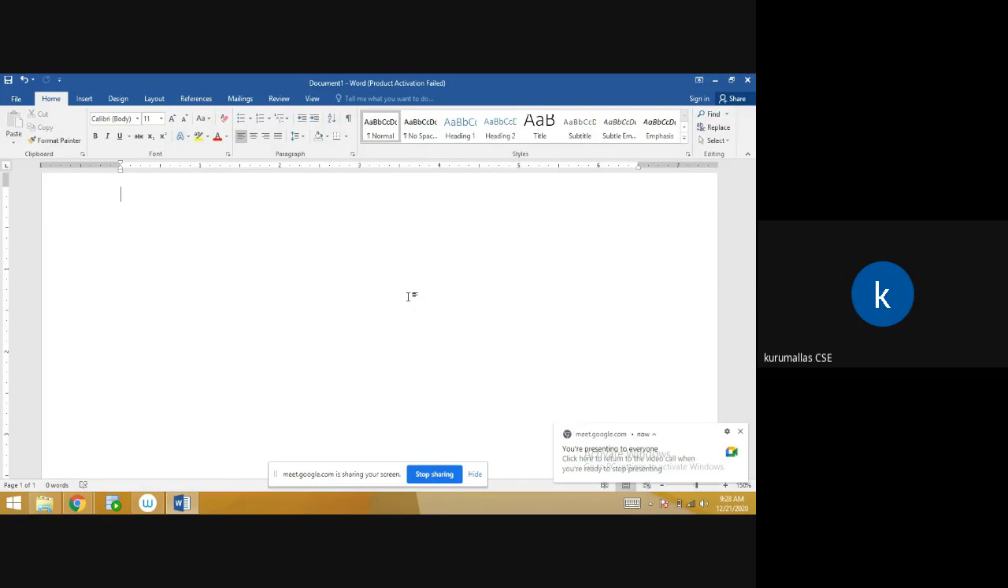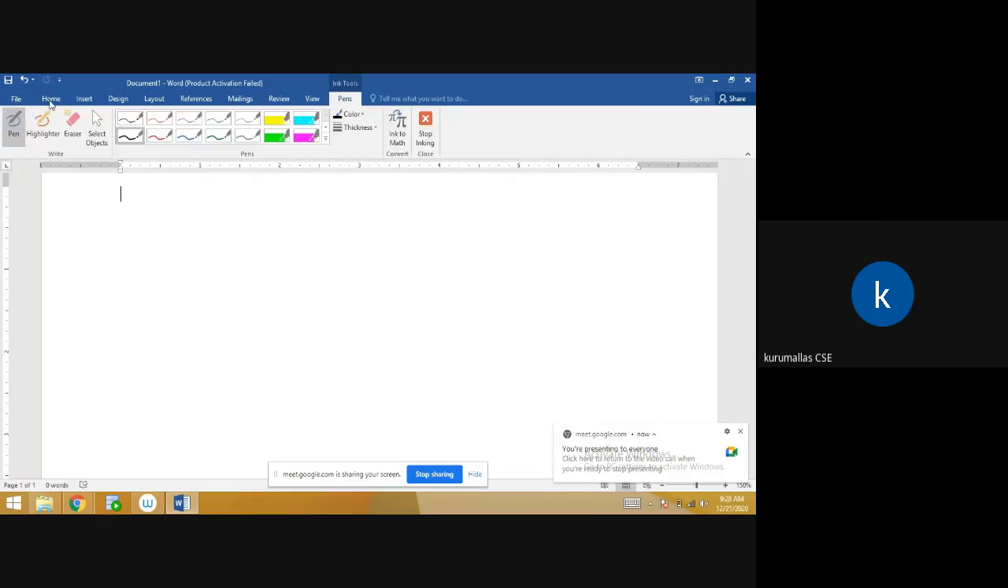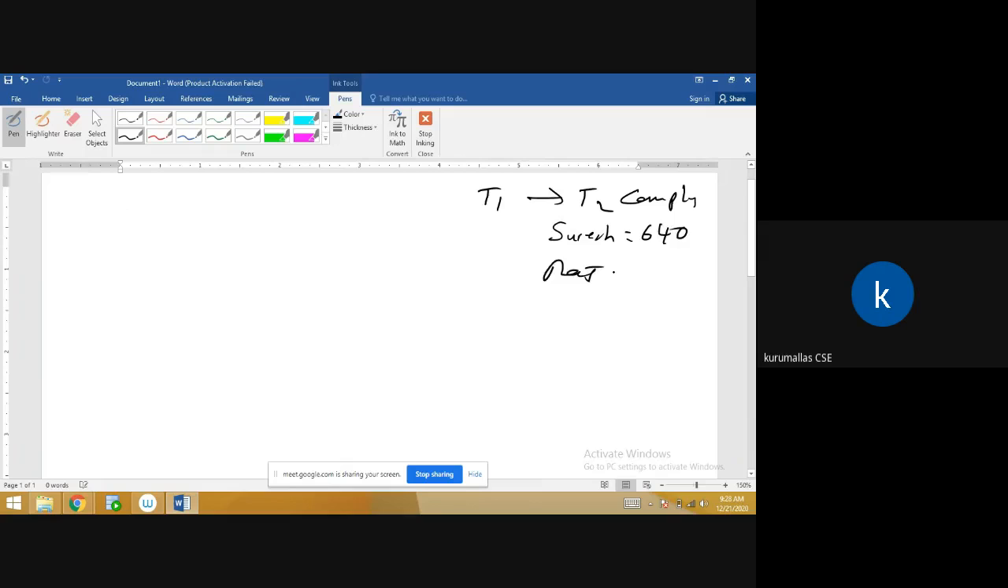The first thing we have seen is T1, and after that T2 is completed. The final amount of Suresh is 640, and Raja's account is 1860. This is the first case. Now, if you take